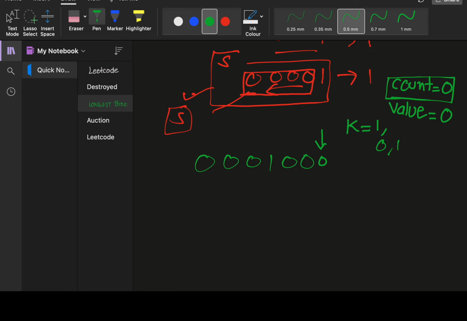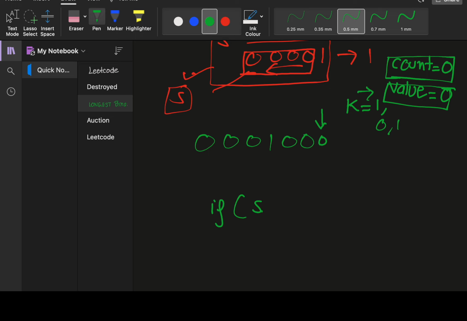Count basically gives how many elements we have included in our subsequence. And the work of value is to track the current value. Whenever we see 0, we increment the count. So our first condition is: